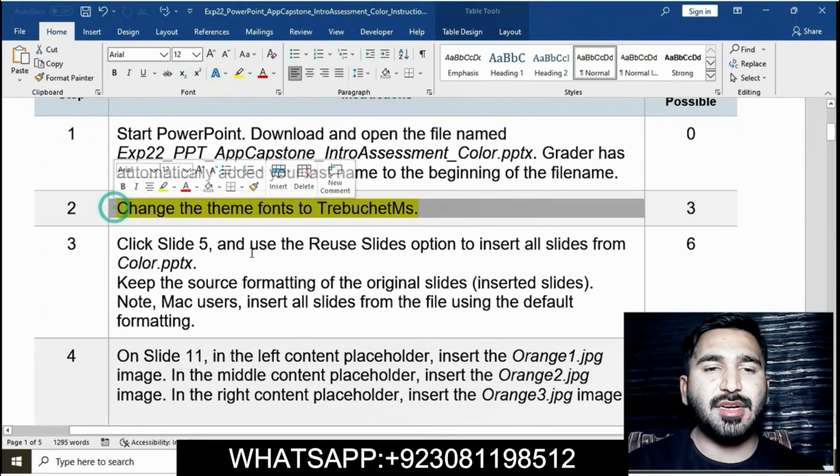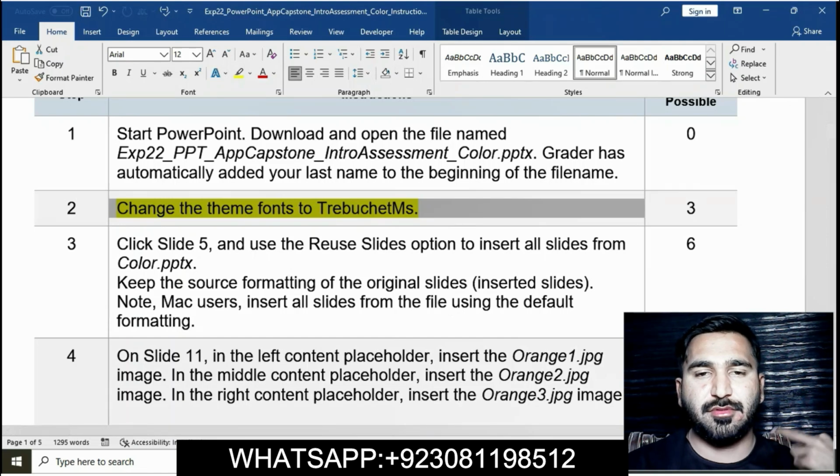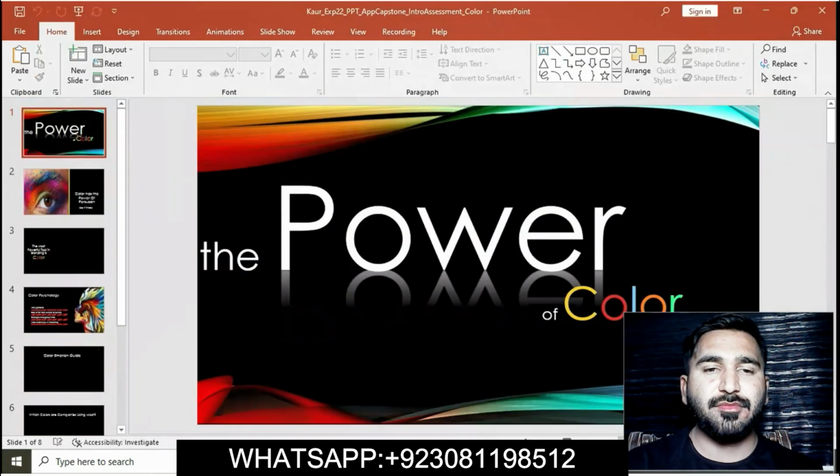Question number 2 is to change the theme fonts to Trebuchet MS. You can read this, and then we will change this font.